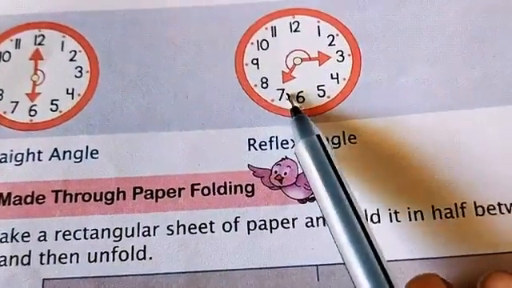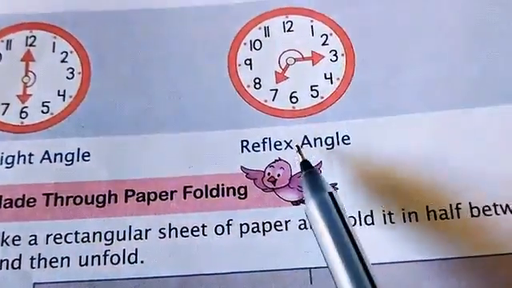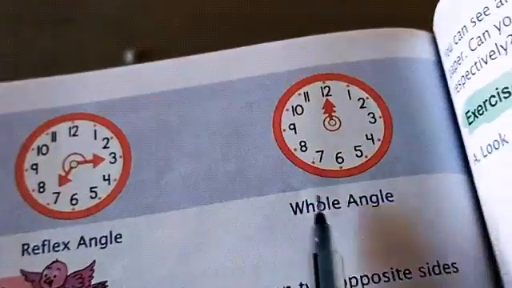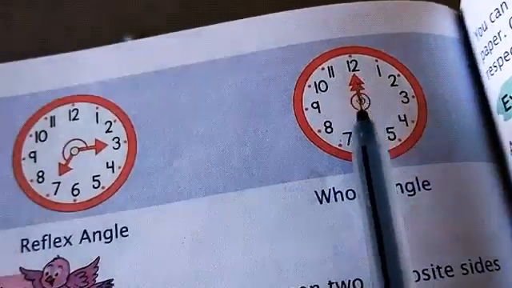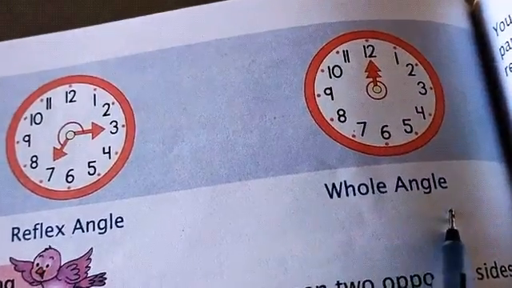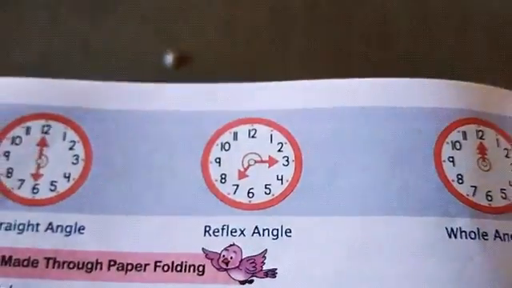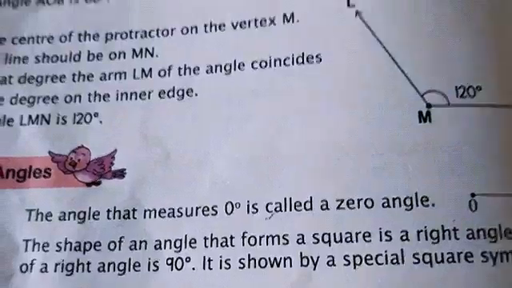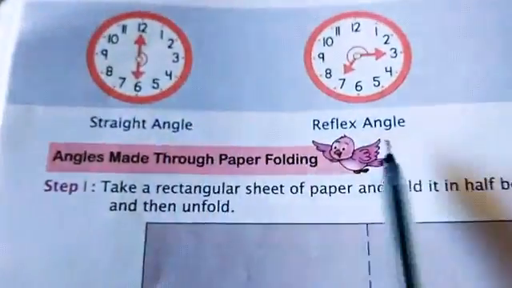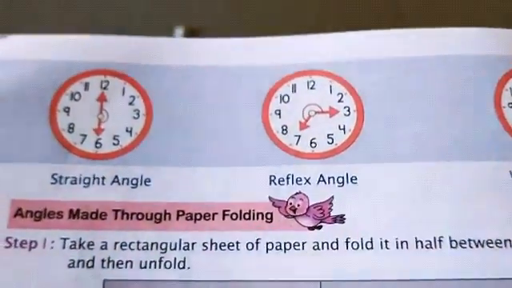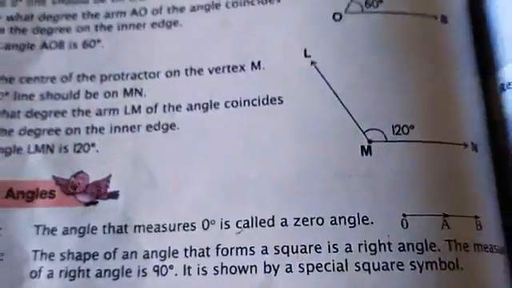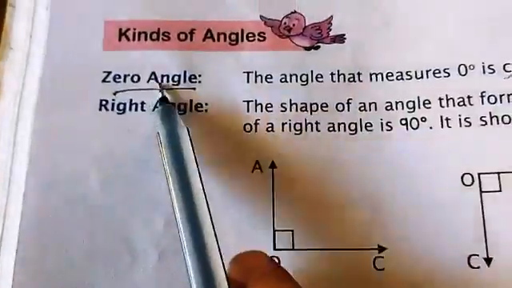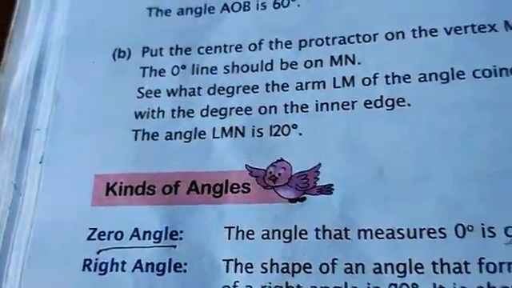If it is 7:15, then we can say the angle that is formed is called reflex angle. And if it is 12 o'clock in your clock, then we can say it is a whole angle. So we have discussed the kinds of angles and the types of straight angle, reflex angle and whole angle in your clock. So dear children, please write down these definitions: